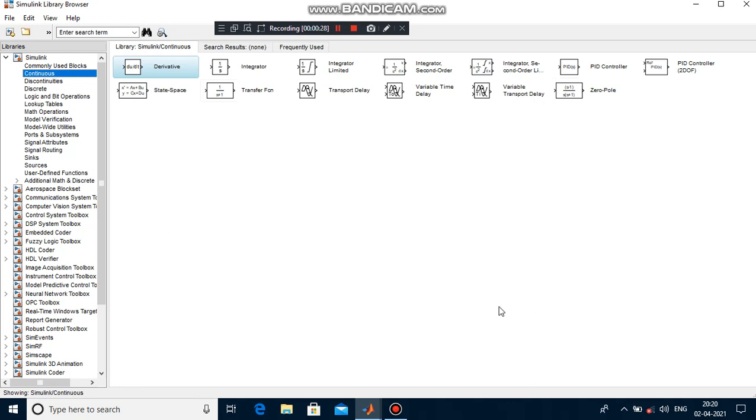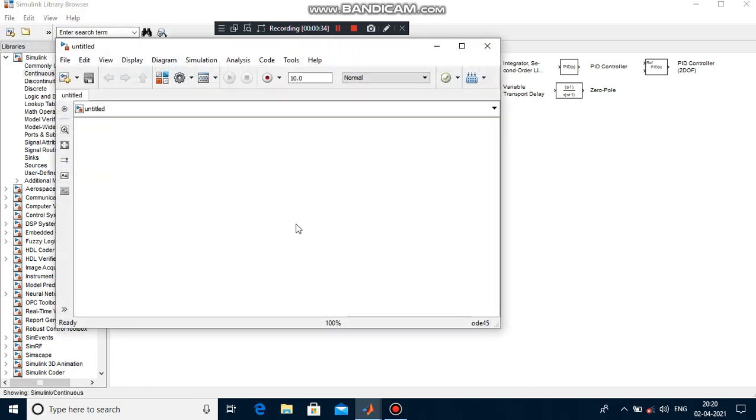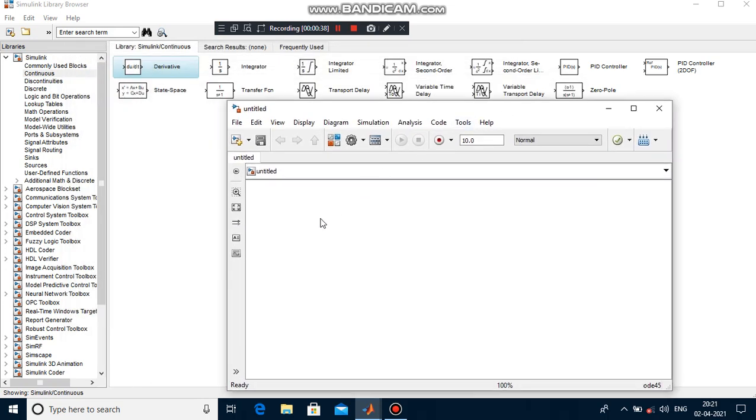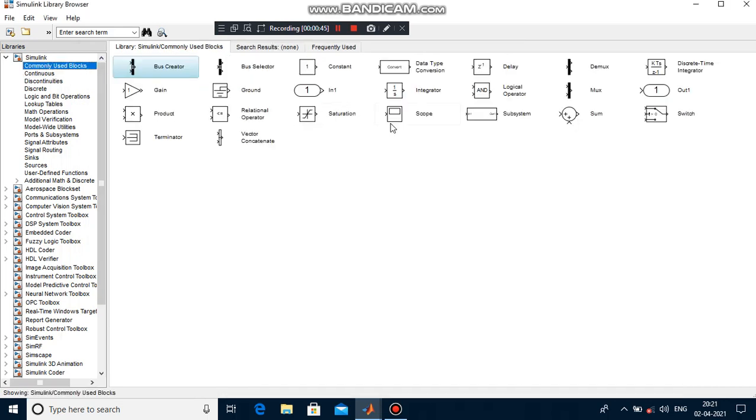First, you have to open the MATLAB software. After that, you have to go to the MATLAB Simulink library browser and open a new model. One window will open. Here, you have to draw the closed loop block. So, you have to select the blocks we need for our given system. Go to the commonly used blocks and select one scope, one multiplexer block and one sum block.